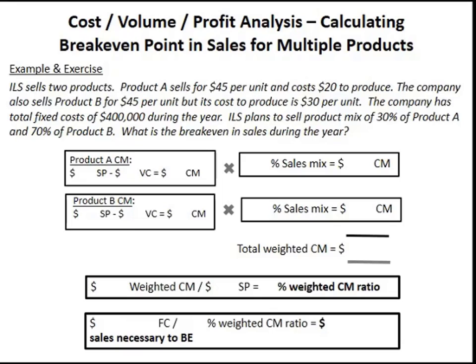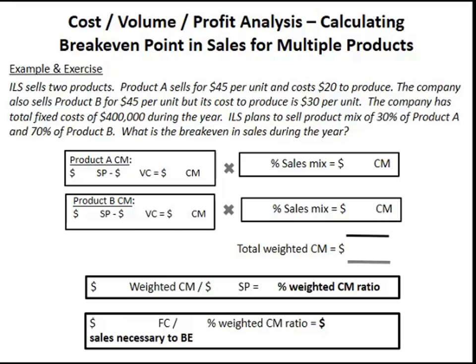We have a company called ILS, and it sells two products. Product A sells for $45 a unit, and it costs us $20 to make. So that's our variable cost. The company also sells product B for $45 a unit, but its cost to produce is a bit different. It's $30 a unit, so the cost to produce product B is a little higher than product A. The company has total fixed cost of $400,000 a year. ILS plans to sell a product mix of 30% of product A and 70% of product B. So that's the approximate sales mix ILS plans to